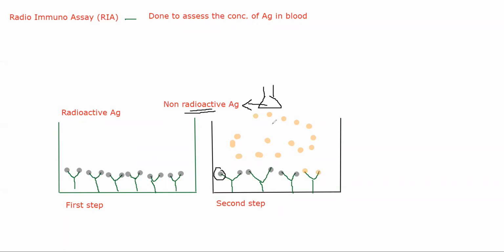Okay. Now after the first step, in the second step I am adding non-radioactive antigen. This fellow is competing with these places. This non-radioactive antigen is literally competing with the radioactive antigen for that same place. So depending on the virulence or the potency of that antigen, some of the locations will be replaced. Okay, not all, some. So what will end up happening is you will replace the radioactive antigens with non-radioactive antigens. Okay, did you understand up to here what is happening? Or do you want me to repeat any particular part or the whole thing?